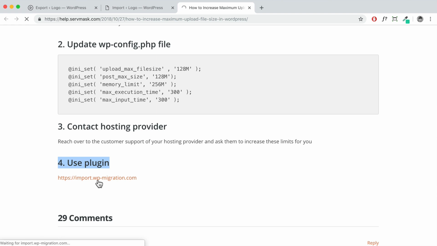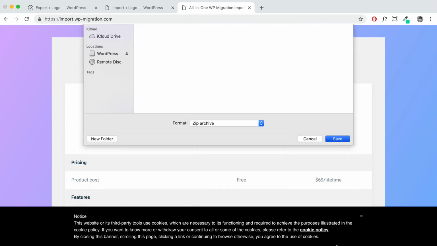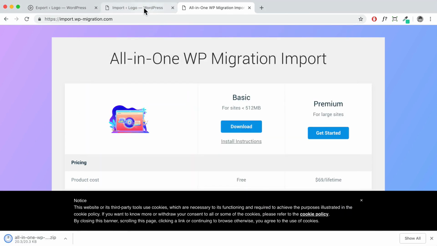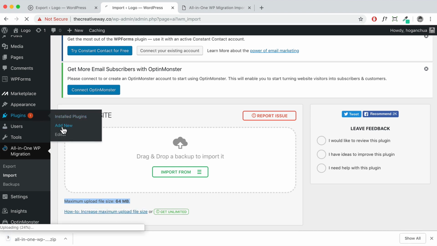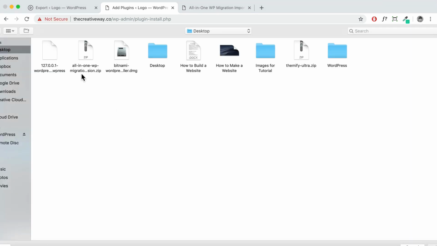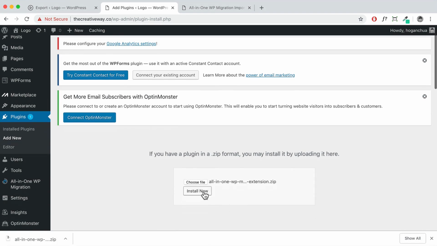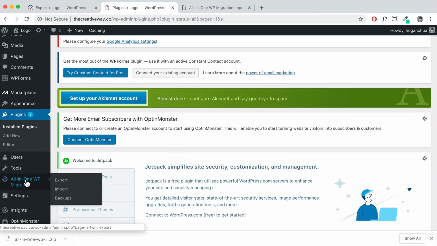So click into that and just download that onto your desktop. Come back here, and then we're going to click on add new on the plugins, and then we're going to upload that plugin. So upload, choose file. Select this one here, and then click on open, install now, activate. All right, once that is activated, then you can go back here and click on import,